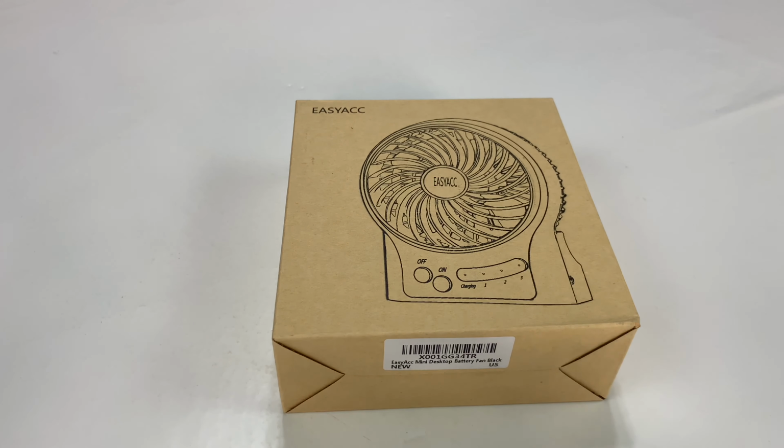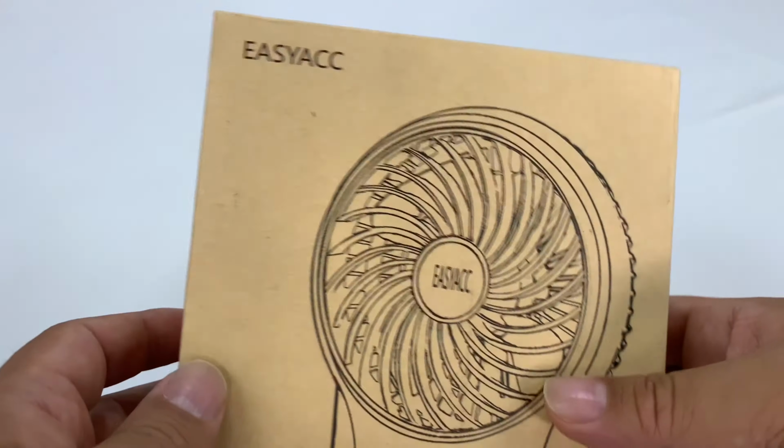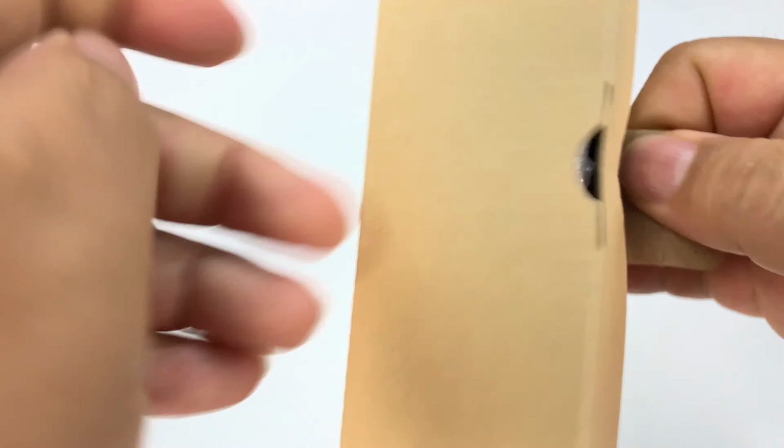You want to see who my littlest fan is? Well, here it is, EasyAcc. I just picked up this little tiny portable desk fan, and that's because I work on the top floor of